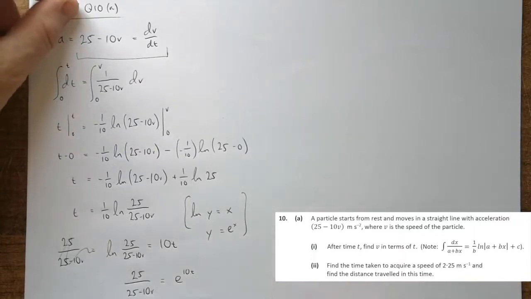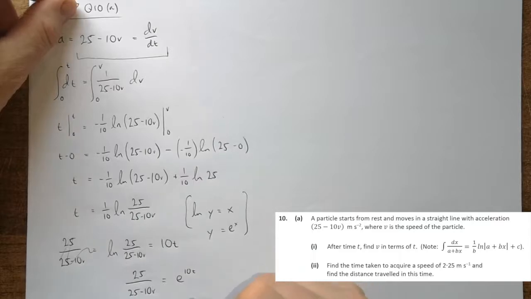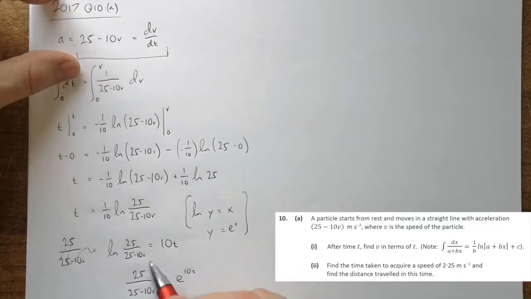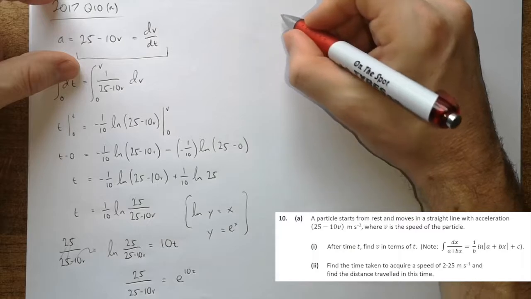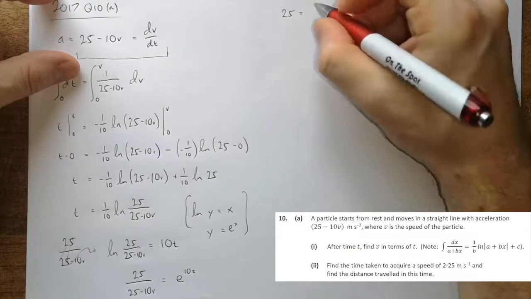It's not too big a deal, they're only 5s, so I have left them in there. All right, now how do we take this and extract v? We want v equals something or other. Well, first of all, I'm going to get rid of this, and we're going to try and see what kind of terms we get. So if we come all the way up here, we end up saying 25 equals